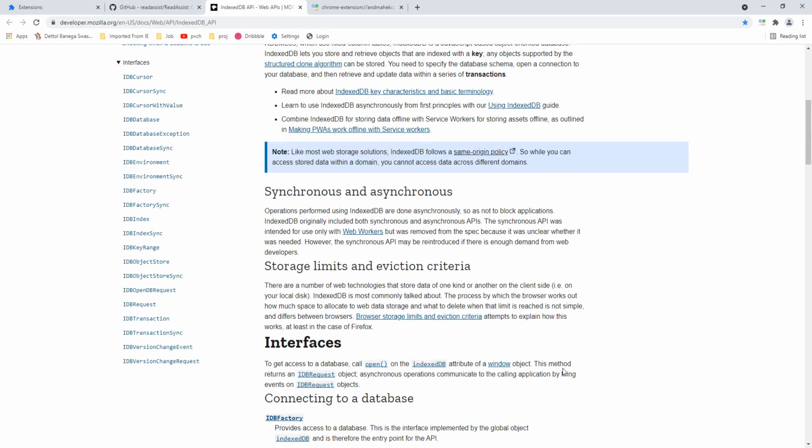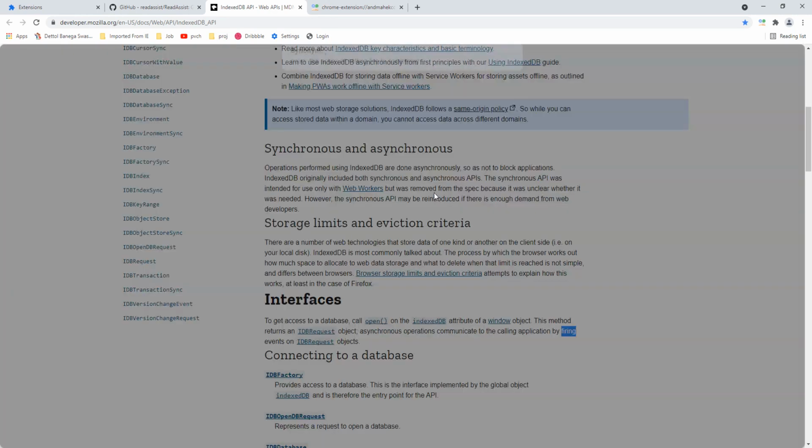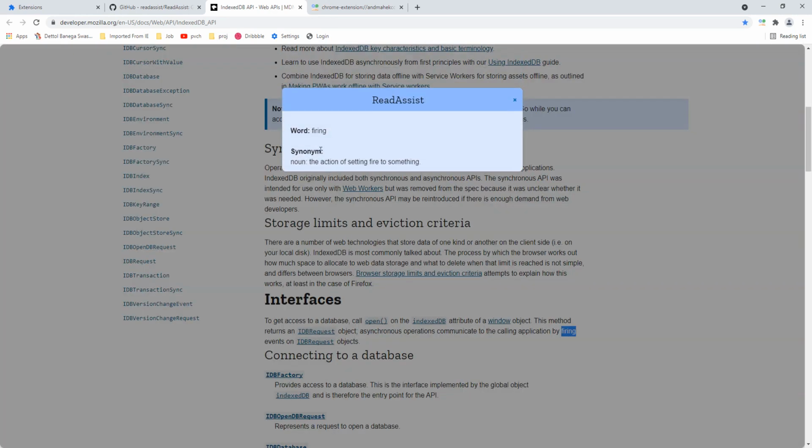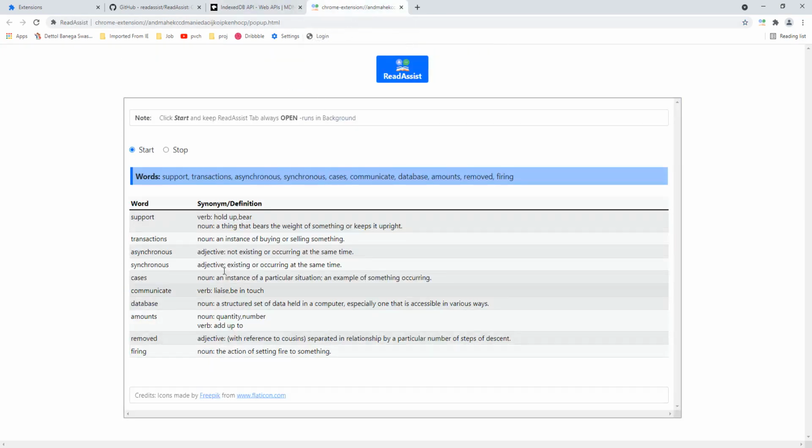This is helping us capture various synonyms that I would need from day-to-day use, and I'll keep doing that for a few more words and illustrate how the tool works. And yes, I got the exact word.